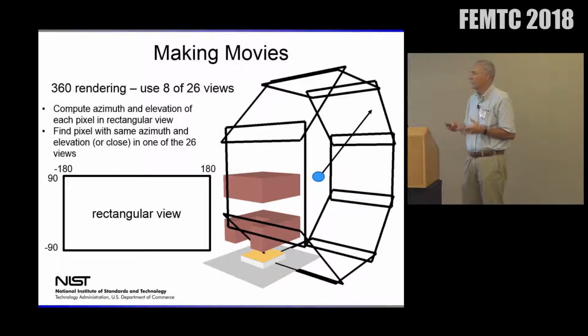Now with the 360 video, I'm looking in all directions. Here I'm just showing 8 different views,